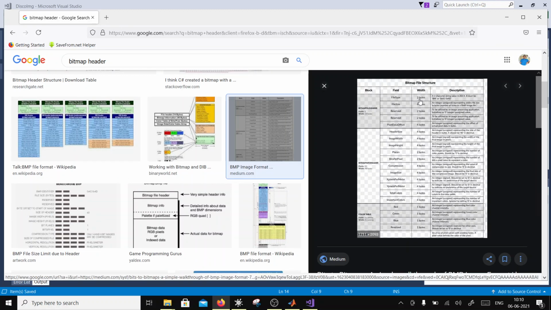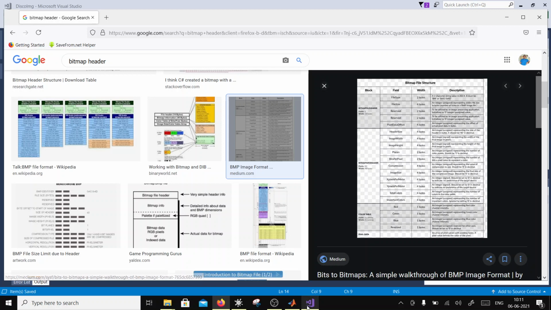It says file signature is 2 bytes, file size is 4 bytes, reserved is 2 bytes, and another reserved is 2 bytes, and then pixel data offset is 4 bytes. So this is a structure which I need to create. What I'll do is first get the first 2 bytes out of the way.